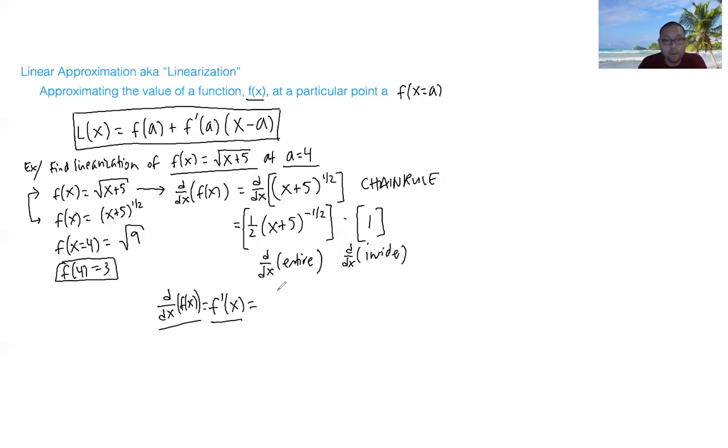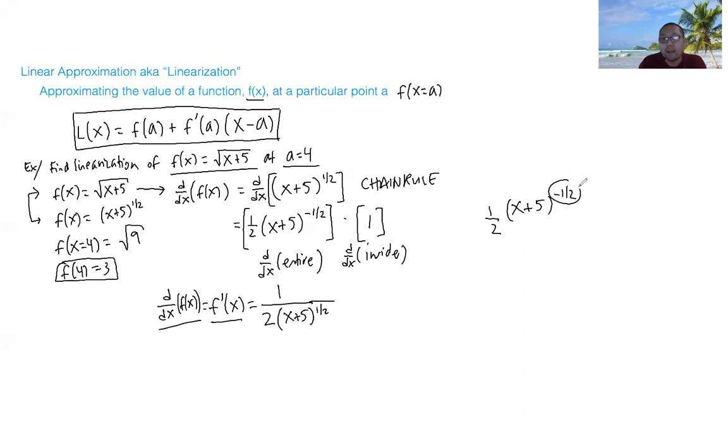So it's going to be 1 over 2 times x plus 5 to the positive 1/2. If you're confused on how I got this, remember that 1/2 times x plus 5 to the negative 1/2